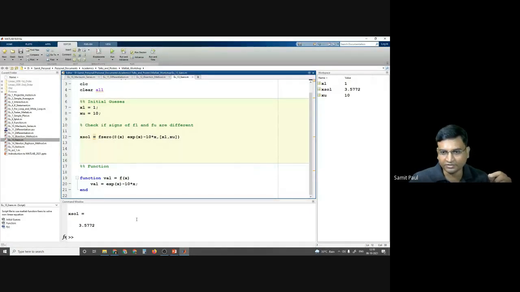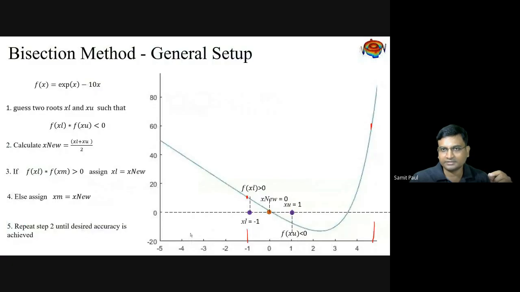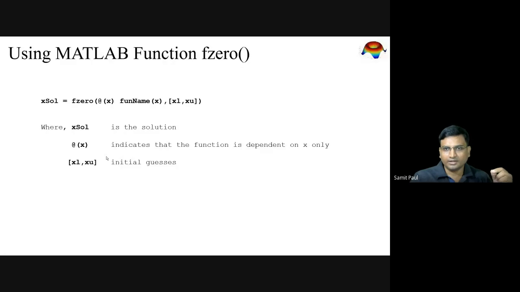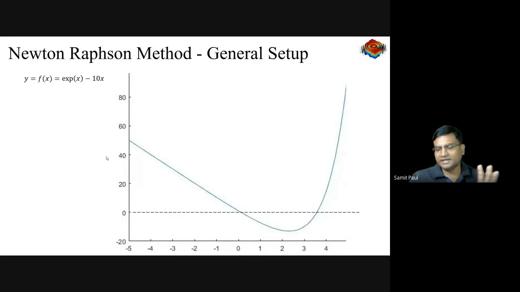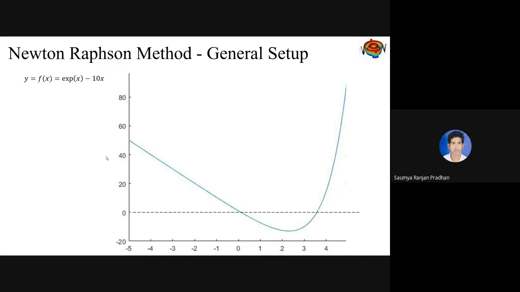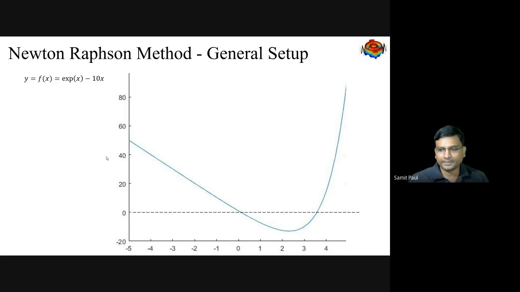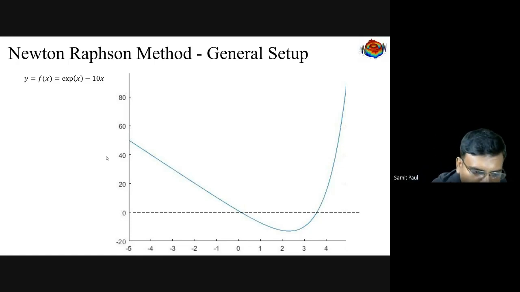So this is it for the bisection method. Now, if you are still with me, and if you still want to learn the Newton-Raphson method, we can proceed. Otherwise, if you are confused, or if you cannot follow, then we will stop it. Should we continue? Continue, sir. Okay. So Newton-Raphson method.